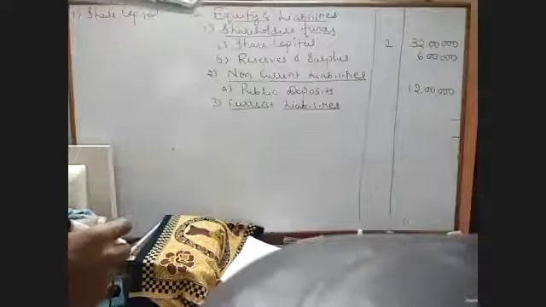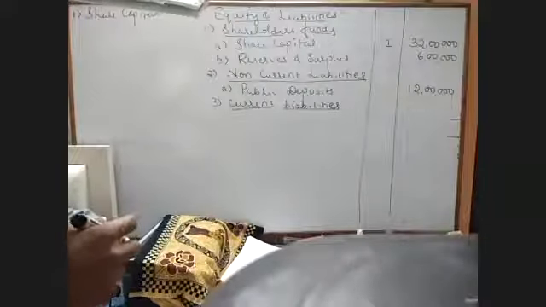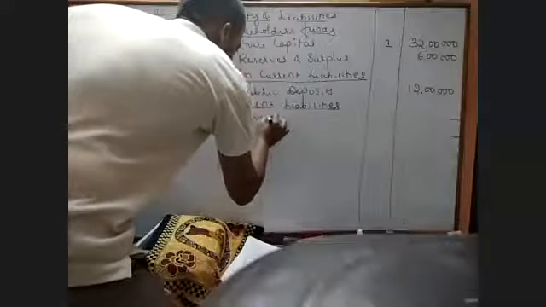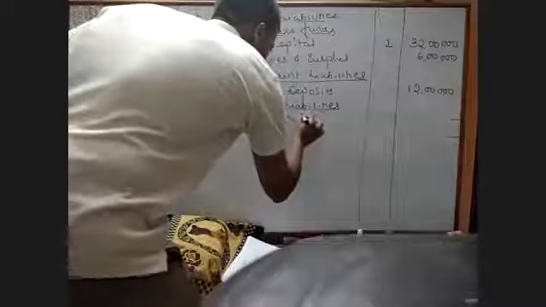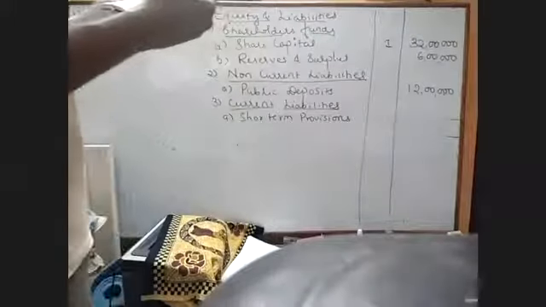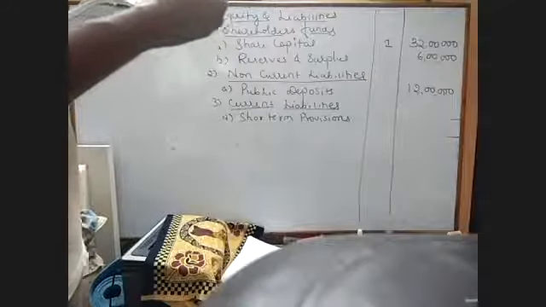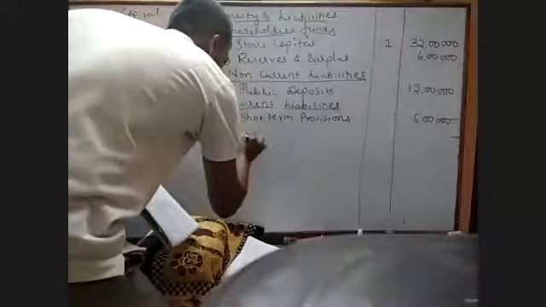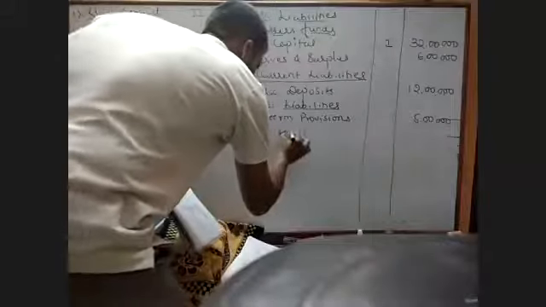There is an item called proposed dividend that comes under the head A, short-term provisions. Short-term provisions, and this amount is 5 lakh. And the next is B, short-term